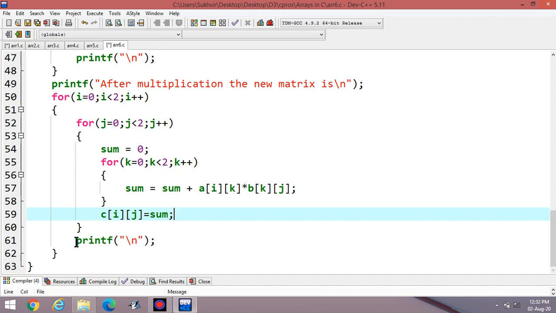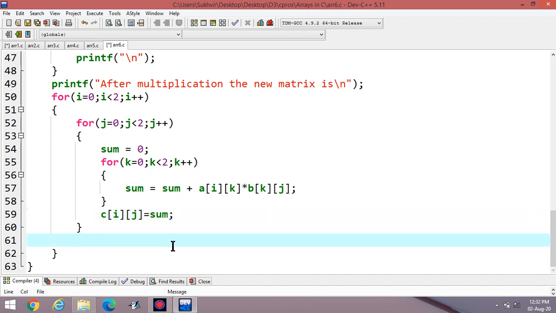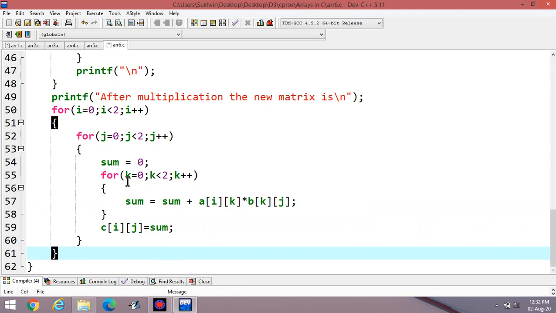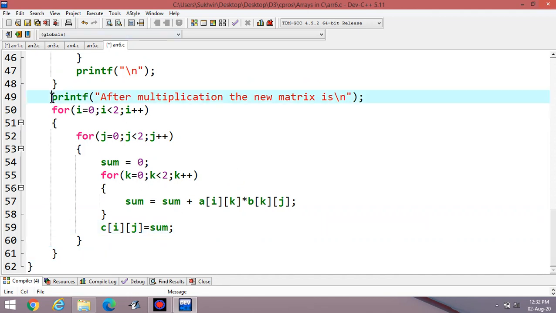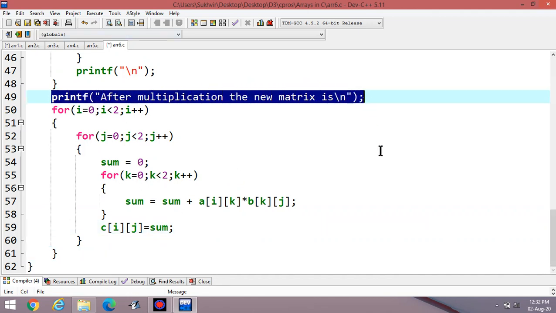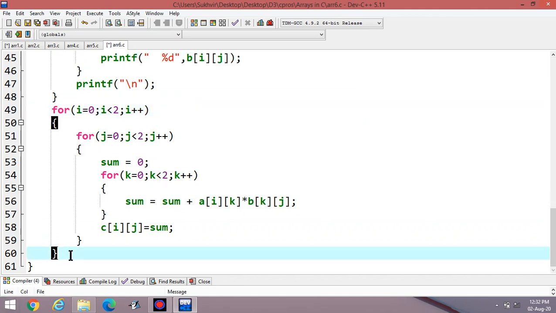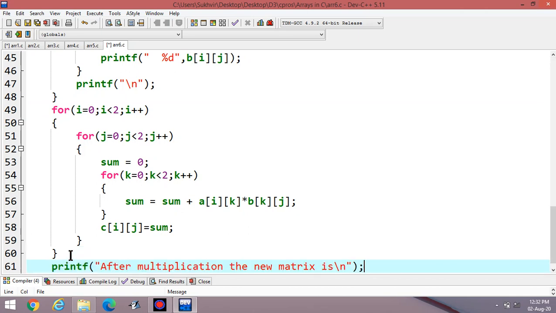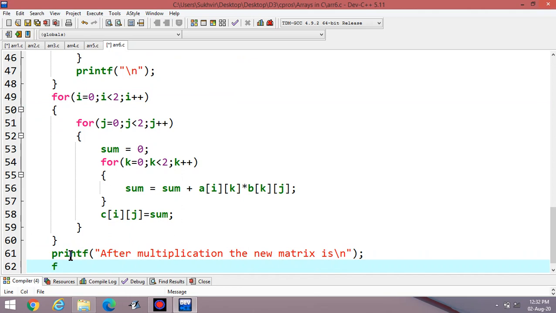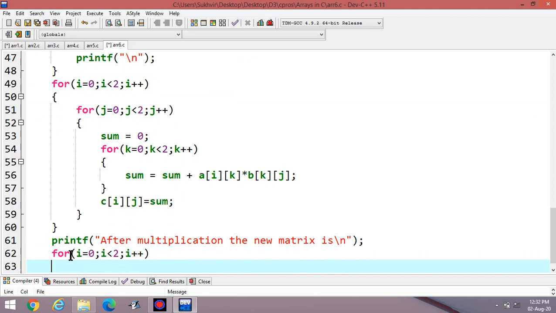Then displaying of contents. Here this content is not required. This is the loop to print the output. After multiplication, the new matrix is, here I have to apply i is equal to 0, i less than 2, i plus plus, the first loop.